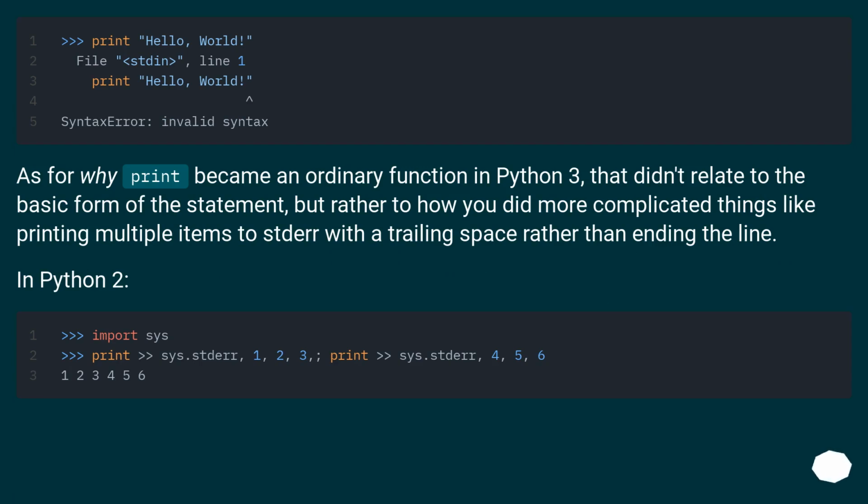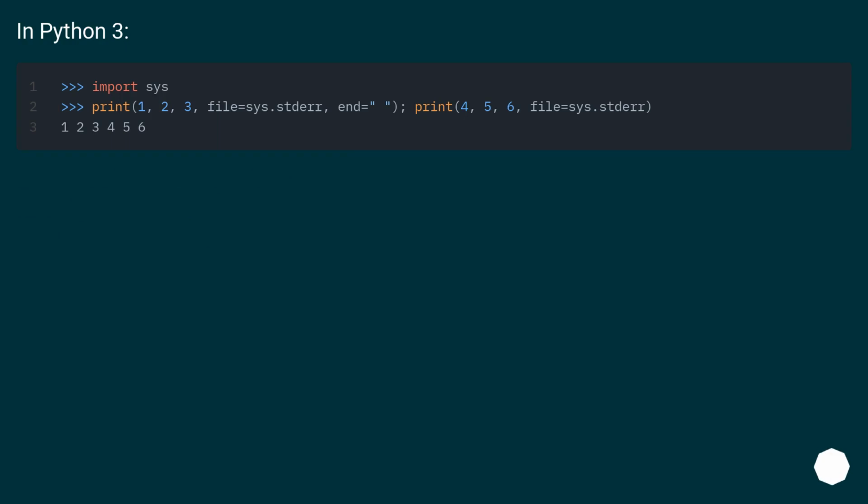As for why print became an ordinary function in Python 3, that didn't relate to the basic form of the statement, but rather to how you did more complicated things, like printing multiple items to stderr, or with a trailing space rather than ending the line. In Python 2, in Python 3,